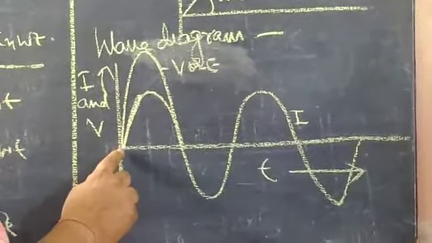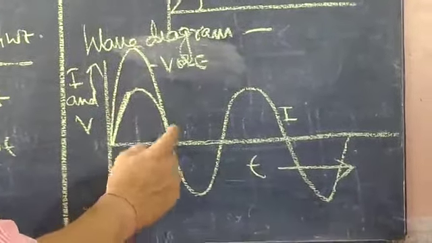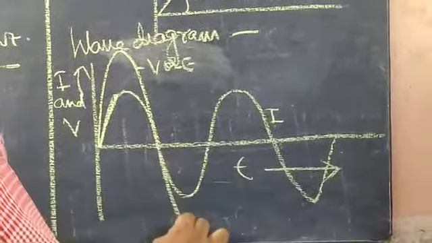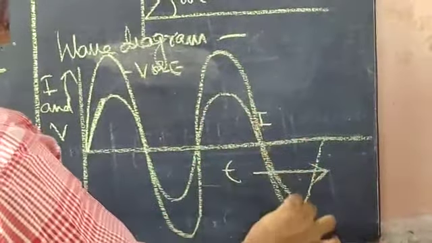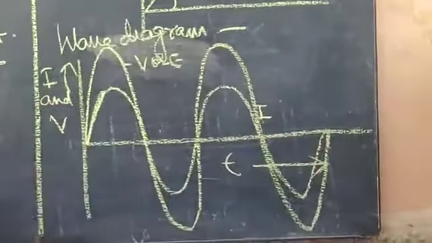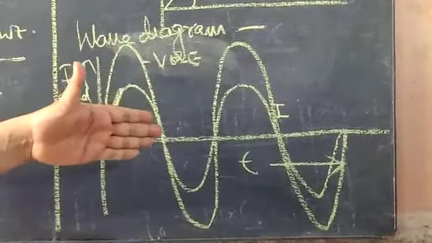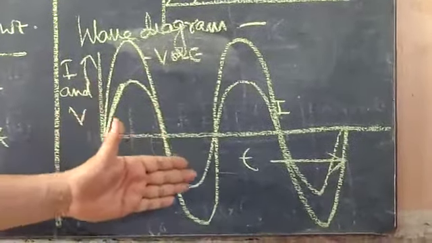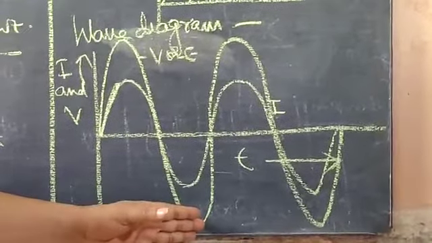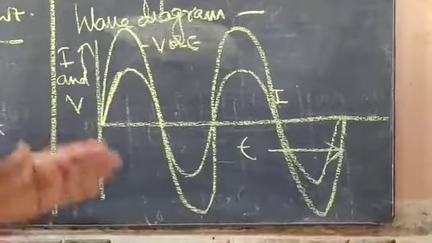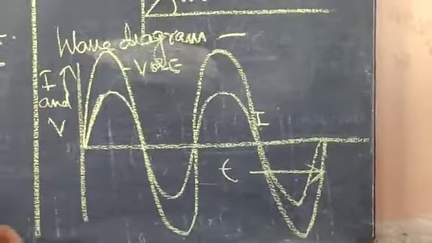So current and voltage are at the mean position at the same time. They both reach their peak values at the same time. Then again returning back to the mean position, they are simultaneously passing through the same position. They are at the mean position at the same time, at their peak values at the same time, again mean position, changing direction at the same time, having their positions in the opposite direction, but again at the same value. So current and voltage are in the same phase. At any time, they both are making the same angle.